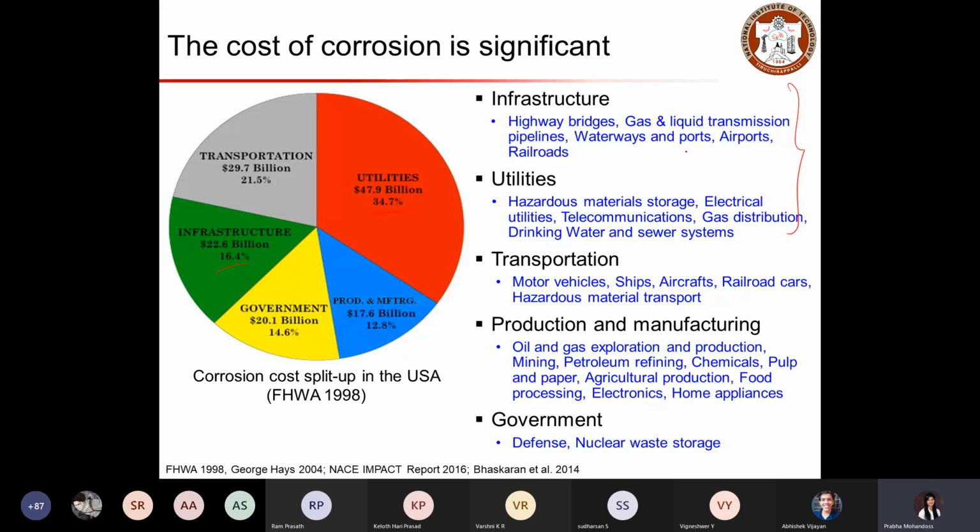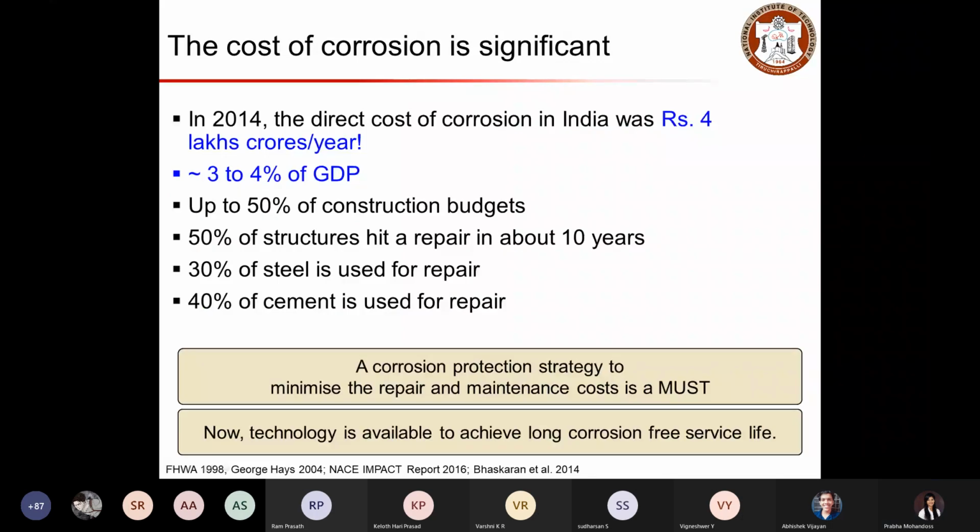So in India, based on a survey in 2014, it is estimated that we are spending about 4 lakh crore per year for fixing this corrosion issue. That comes to about 3 to 4% of our nation's GDP.